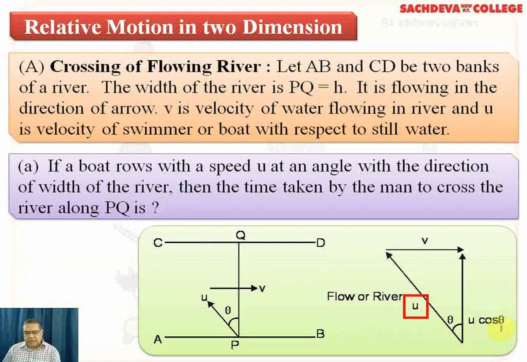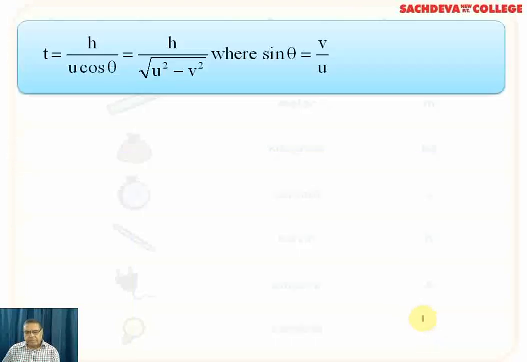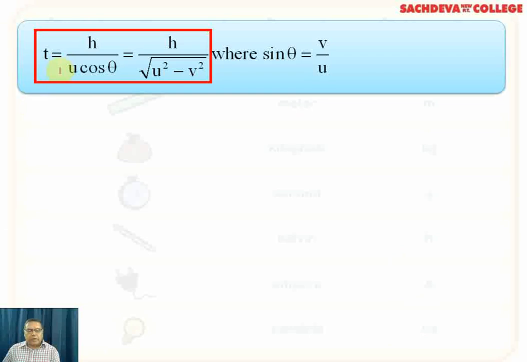U is the velocity that is along the direction theta. Now t is calculated normally by distance over speed. This speed will be taken in the form of the horizontal component of velocity. So t is equal to h over u cos theta,